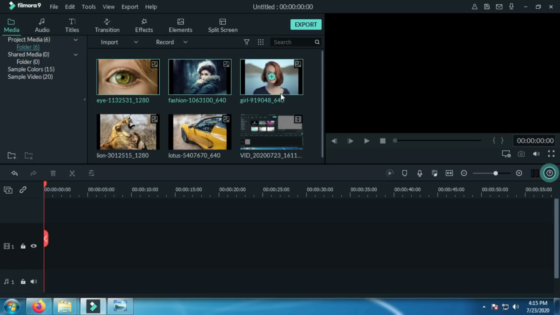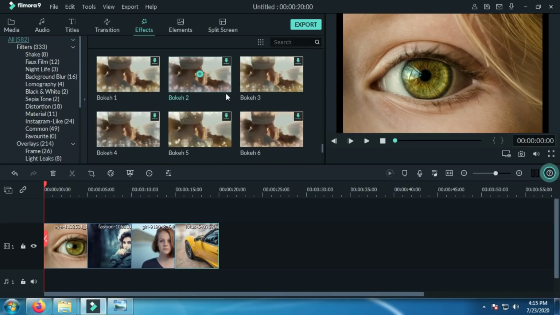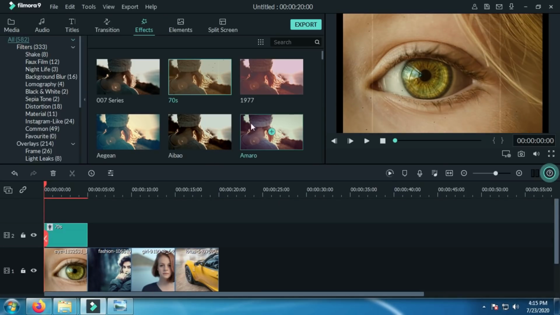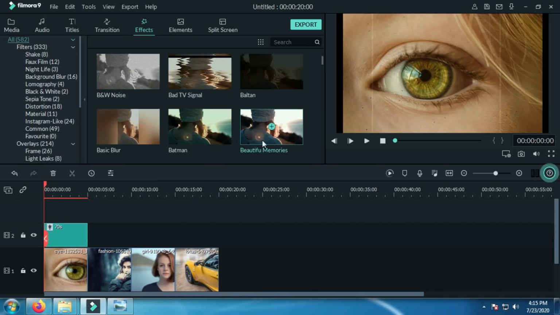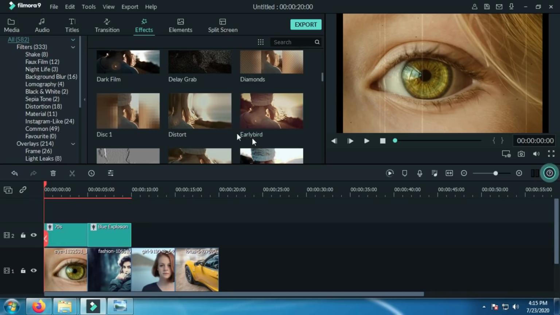See. So let us see some examples. I am showing some examples. Just to drop the photos, some photos here. Adding some photos. Okay. Go to effects, and just drag and drop the effects whichever you want over the photos.